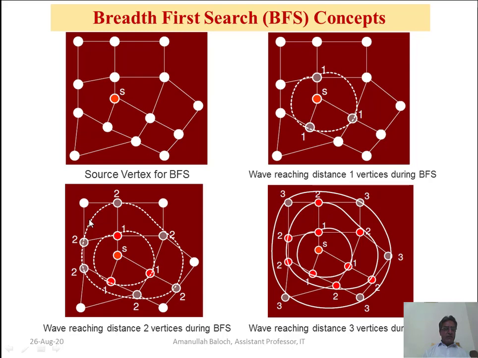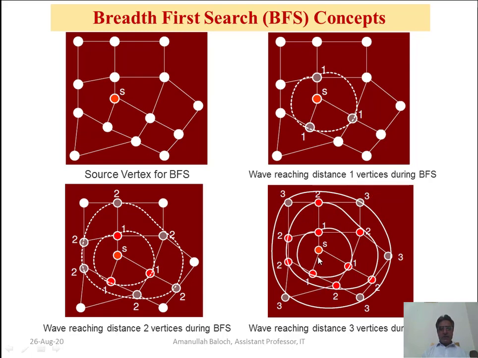Then we will search all the nodes which exist at the distance of three edges from the source. This is level 3. The depth level is 3. So these are the nodes 1, 2, 3, 4, 5. These are the 5 nodes which exist at the distance of three edges from the source node. This is the third depth. So this is the first depth, this is the second, and this the third.